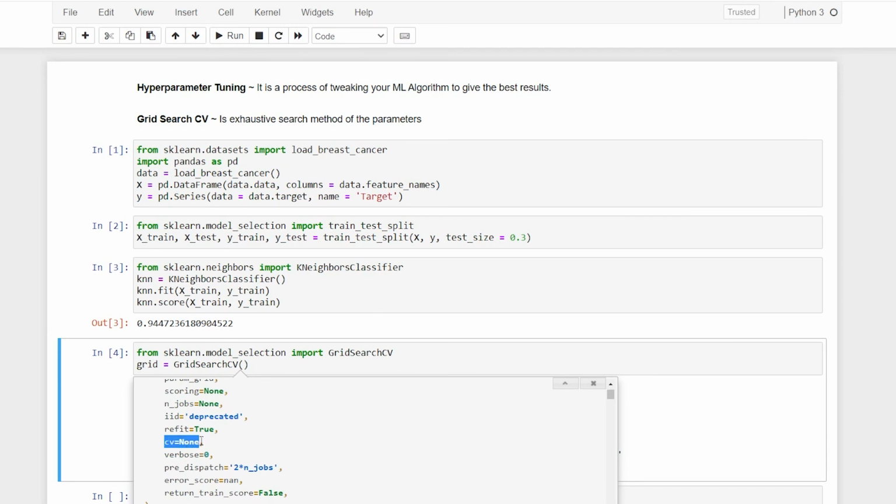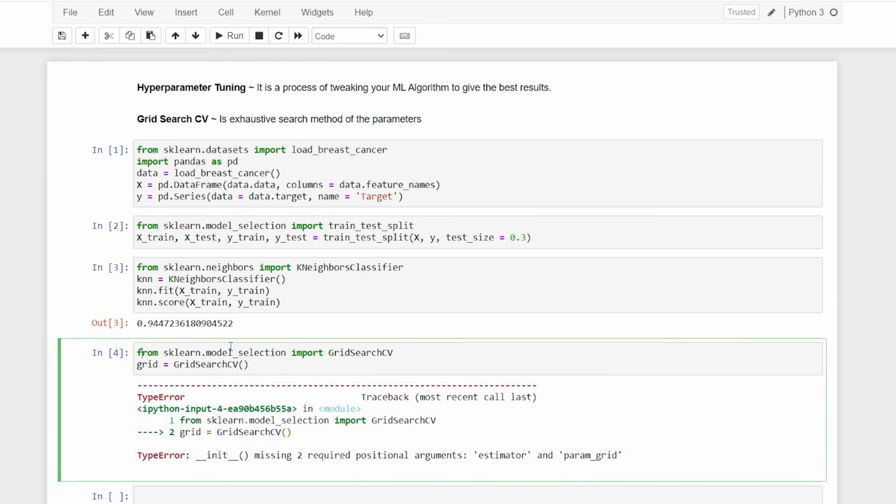So CV, cross validation, is basically where we have to make some k-fold splits with respect to our algorithm. Then there is something known as verbose. So this verbose is actually an indication given to us by the algorithm of the performance progress. All right, so the way we start it, right before that I will have to add something. So I'll have to make that param grid.